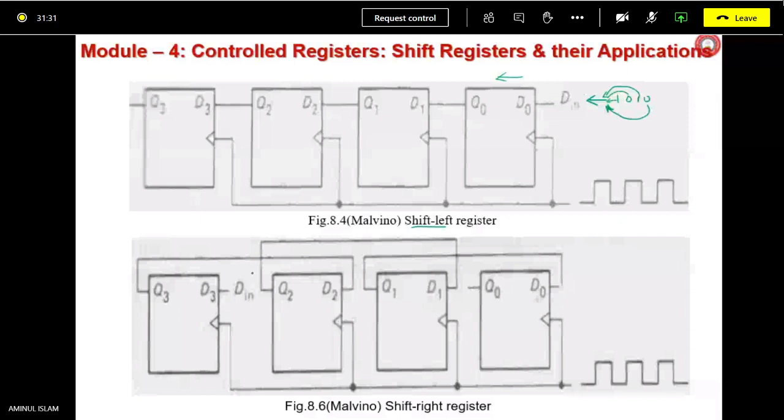Okay, data in is applied here. See that? At flip-flops 3 2 1 0, it is applied and the output is connected to the input of this one, and then the output of this one is connected to the input D here, and this output is connected to this. So the connection is just modified in such a way that you are getting a shift right operation. Is it understood?